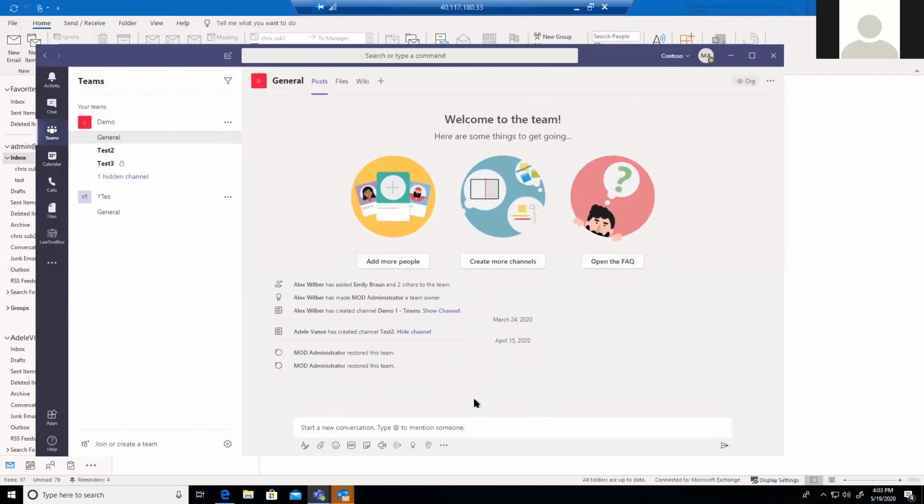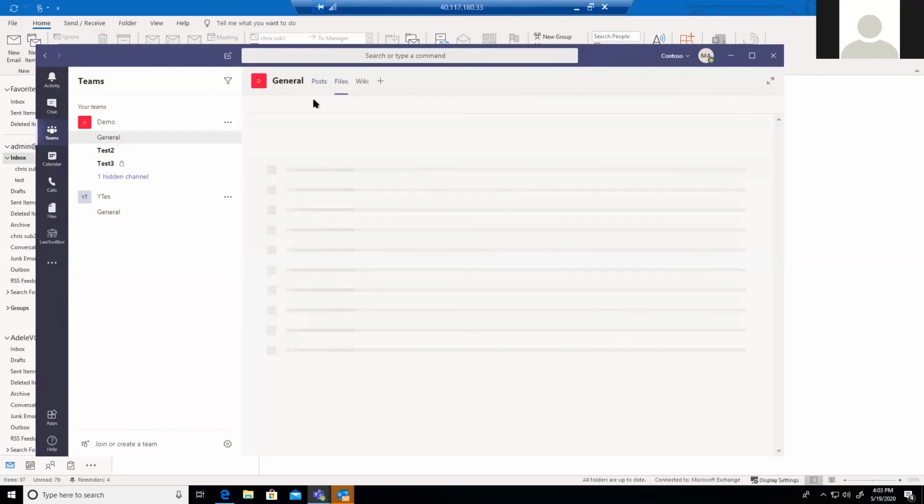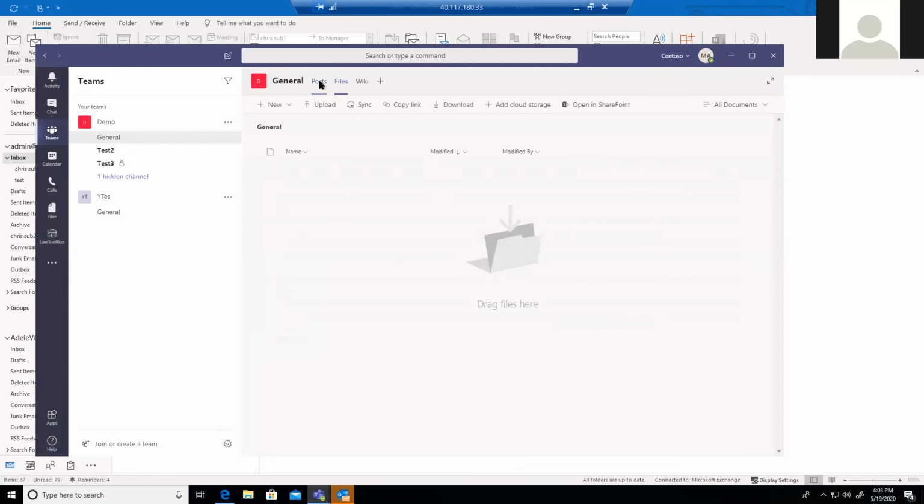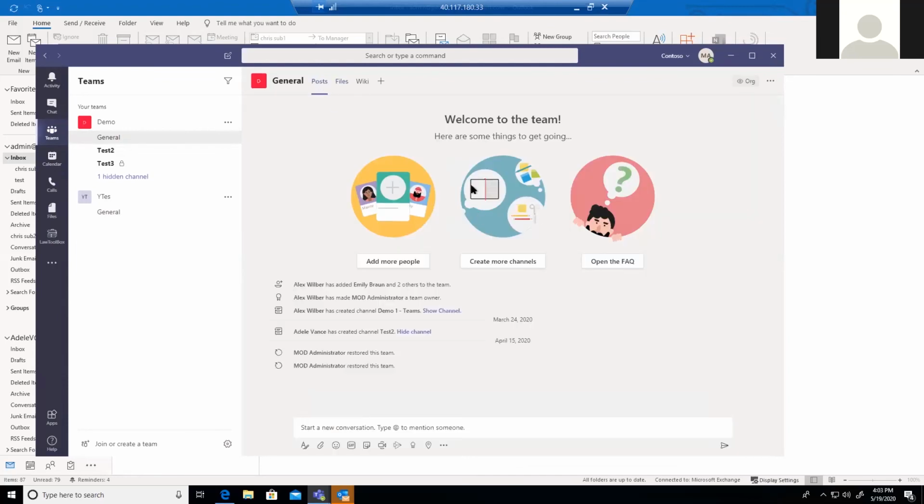Whatever files you share, they will come and sit here in the files within this group. Whoever shares to this particular group, you can see that you can create a meeting right there in this channel, and everybody can join it right there. So this is one of the other functionalities. Whatever the activities, if some post is being done, if somebody liked it or somebody commented on that, you can see the activity feed updated over there. So the first thing you see on your Teams is the activity feed, what exactly had happened. So this is all about Teams.